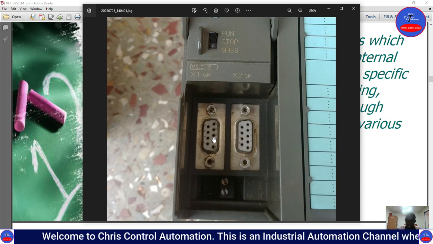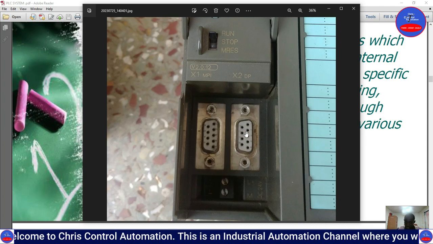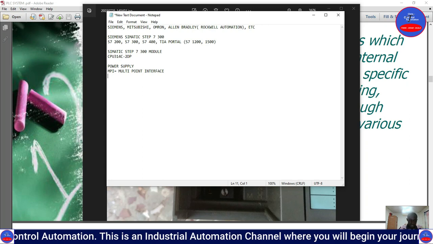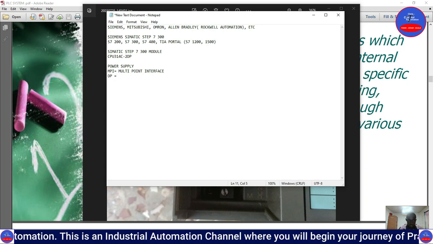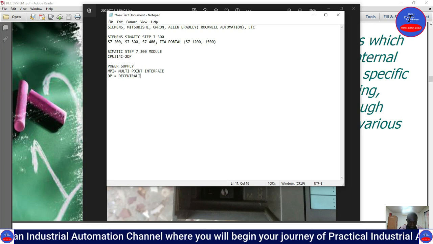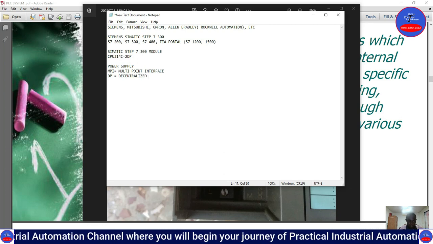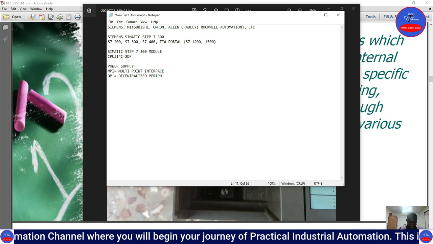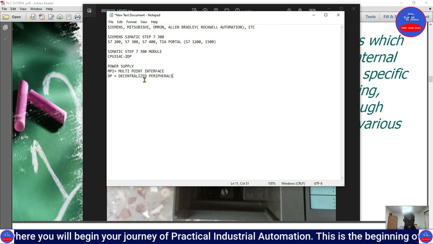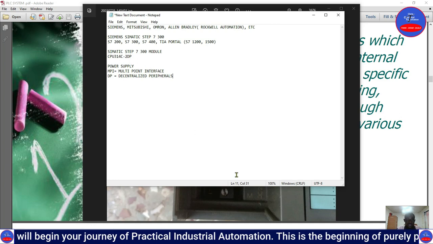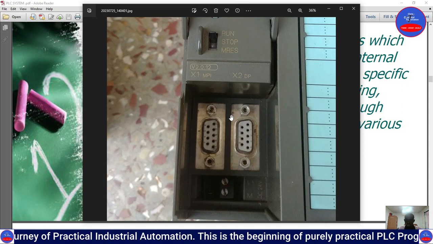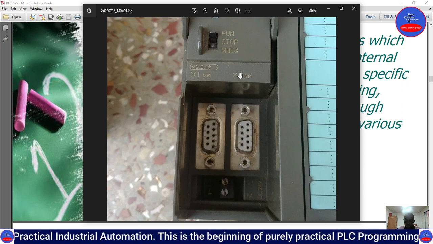Now this port is DP. Let me write it here, DP. It is equal to decentralized peripherals. What it also does is that, in case you have two PLCs or two CPUs,